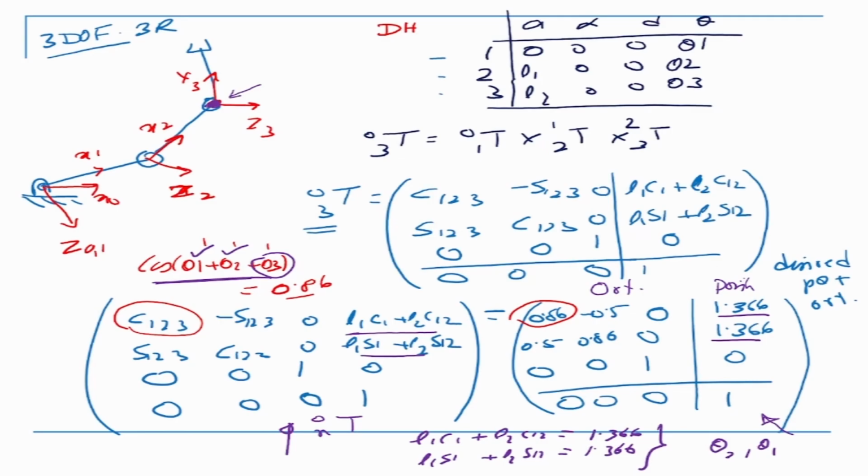The way we solved it in the last class is I simply put the values of x, y and said that this is my x-axis. That's x0, that's y0. And I said x, y was equal to 1.366 and 1.366, and then we solved it. That means I used these two equations straight. But this is the general way of solving it. I hope you are able to correlate how we solve.